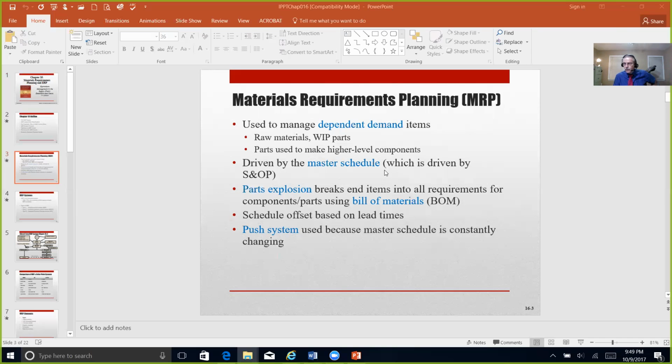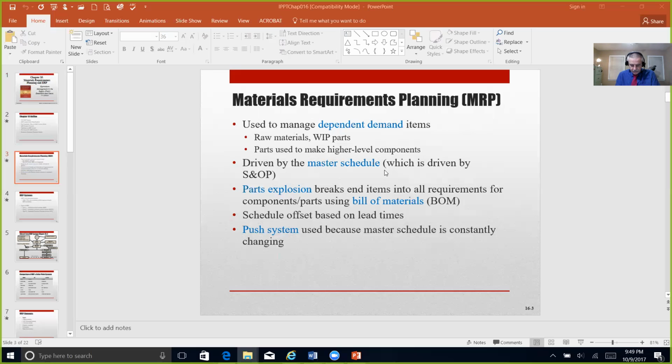And this particular system really derives its power from the important distinction between independent demand and dependent demand inventories that we talked about somewhat in Chapter 15. Independent demand inventories are subject to the market conditions and are thus independent of the operations, whereas dependent demand inventories are not subject to the market conditions. They are dependent on the demand for the higher level parts or the components up to and including what they have in the master schedule, which is driven by the